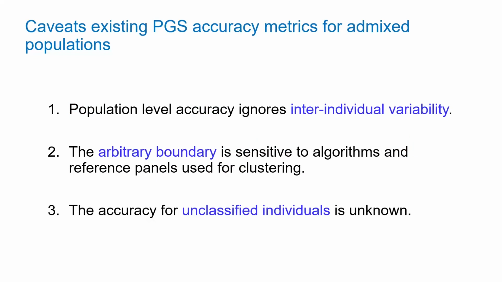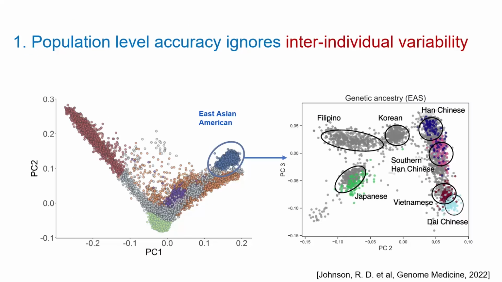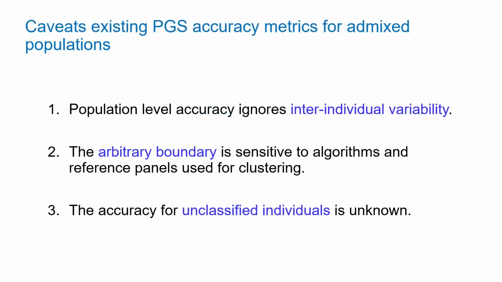Okay, so this clustering way to think about the impact of genetic ancestry on polygenic risk score prediction comes with at least three caveats that I'm going to try to convince you of, and probably you already hinted towards them. The first one is that by assigning a single number to an entire population, you ignore the fact that there's variability across individuals. By assigning a single number to, let's say, all the African Americans, you ignore the fact that individuals with more or less African ancestry will have different expected accuracies. The second one is the arbitrary boundary, and the third one is that a lot of people are left out from these clustering methods.